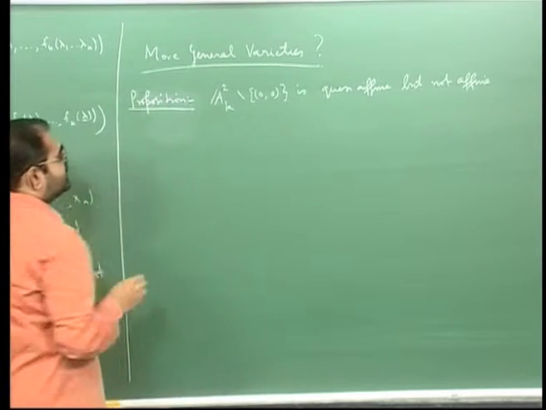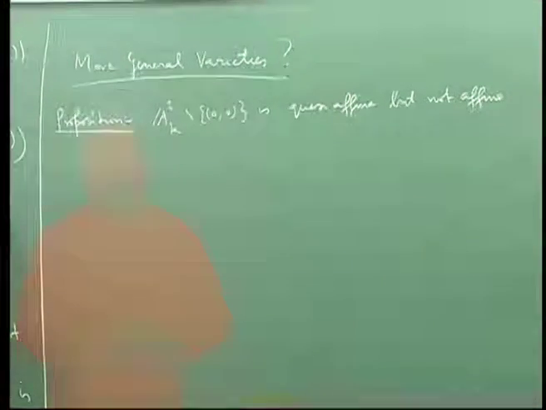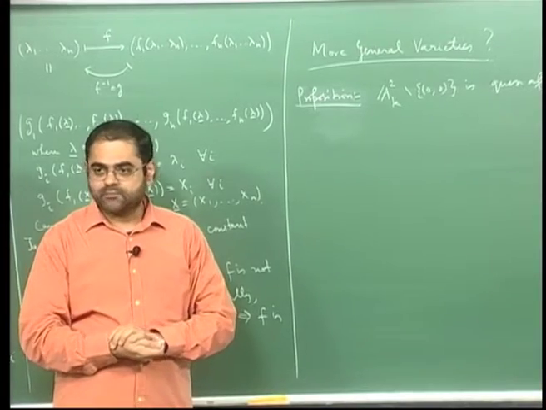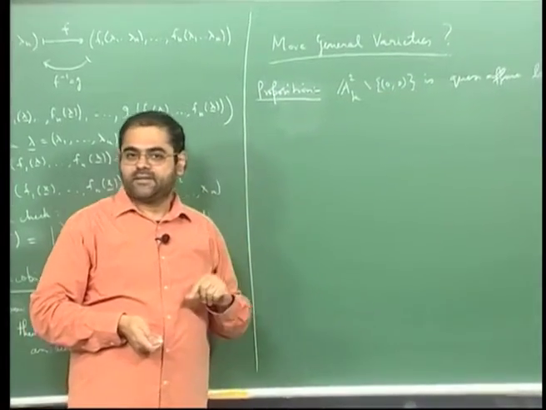So, what are we going to do? First, let us understand the statement. It is quasi affine because it is an open subset of an affine variety, namely it is an open subset of A2, and it is a non-empty open subset, because I have only deleted the origin. It is a complement to the origin.